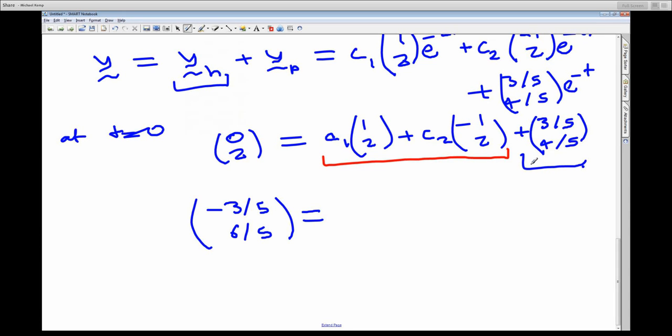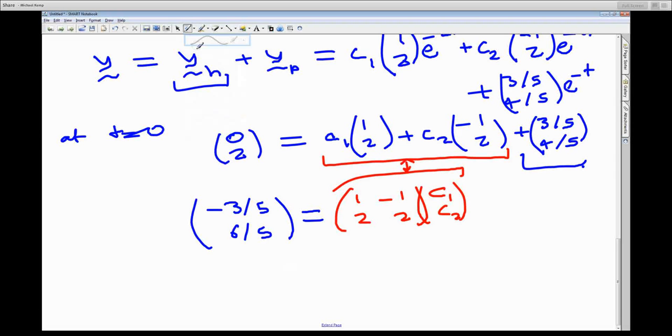Now, the better way of doing this, I think, is in terms of using matrices where you can. When you've got this sort of expression, C1 and C2 times different columns, a linear combination, you can write the columns down as a matrix, multiplied by a column vector of all the different coefficients. Those two are the same thing. That's just a convenient way of writing it. Then it's really just a matrix times C1, C2 equals a constant. The way to solve those is as a linear system, and you can do things like find inverses. So C1, C2, for example, would be equal to this matrix here,